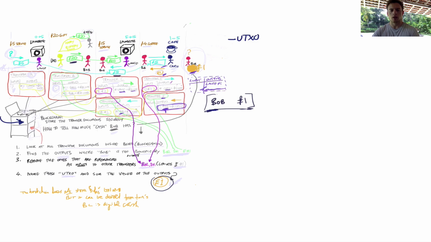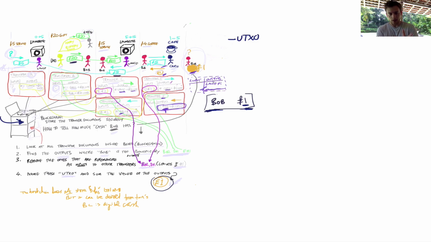And we said, okay, using the blockchain, how can we figure out that Bob is currently carrying or has in his possession, or his wealth is £1, right? Because we look at all the transactions that he's been involved in, and look at all the notes he's received in the past, and whether he's used those notes yet in subsequent transactions or not. And we were able to deduce, just from looking at the documents in the blockchain, that Bob has an outstanding wealth of £1 in the form of this £1 coin, right? So that's very important, right? The unspent transaction output was a way to tell at that time, in a